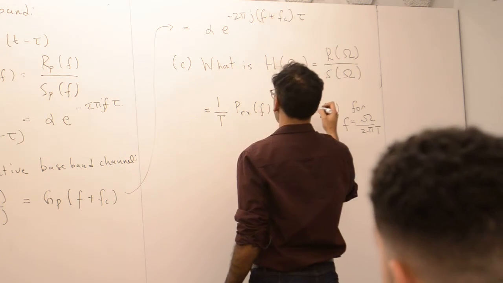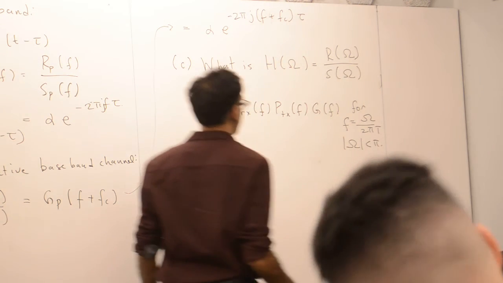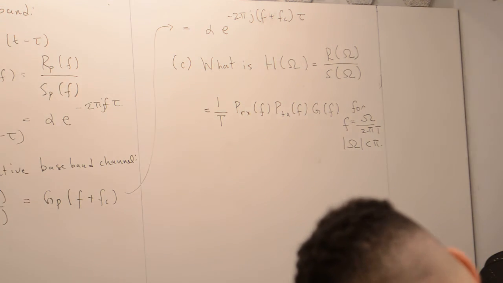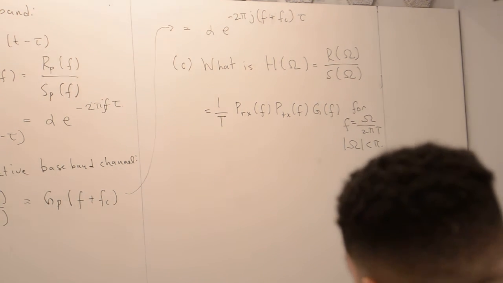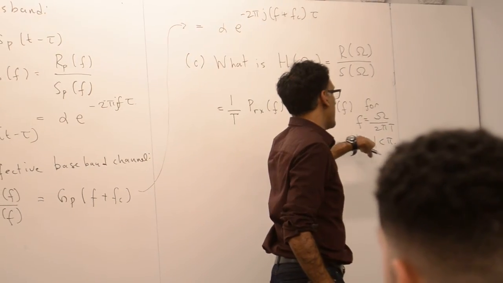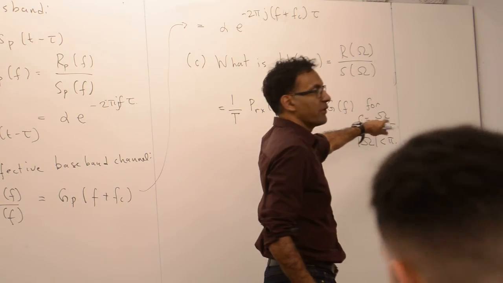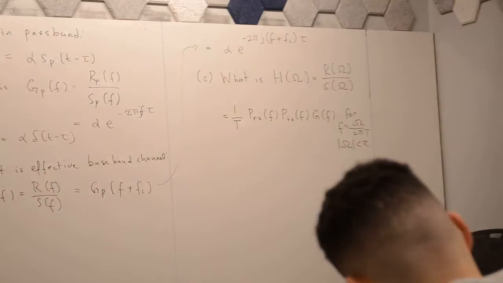Right, and here, okay, for this guy here. Because in this region, omega's going from minus pi to pi. That means f is going from minus 1 over 2 pi to 1 over 2 pi. So this guy here is,